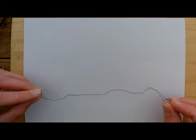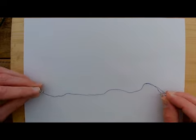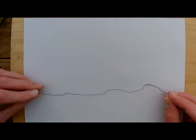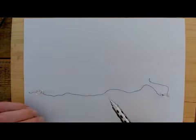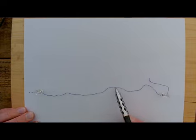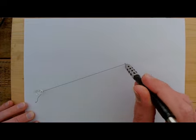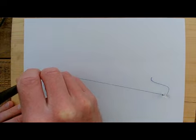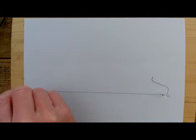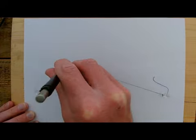And I want a fairly wide ellipse for this diagram, so I'm going to pop my pins in about here and here. Just push them into the board there, and now all I need to do is take my pencil and rest the pencil in that string there and just start drawing. Don't have to rush, and you should find you produce a nice smooth ellipse. Now I can't go any further there, so I'm going to have to come back and go the other way. Just trace back over where I went,